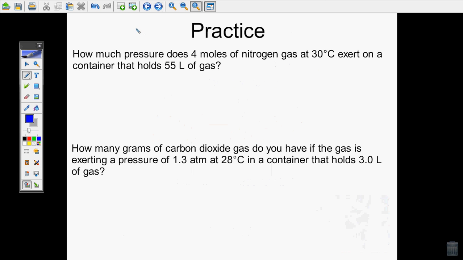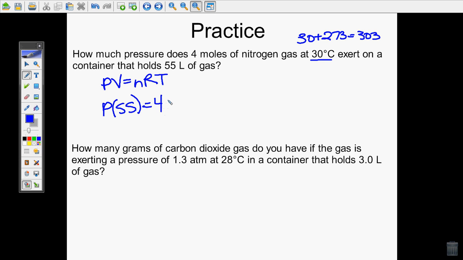So how much pressure does 4 moles of nitrogen gas at 30 degrees Celsius exert on a container at 55 liters of gas? We still have to convert our temperature to Kelvin, so 30 plus 273 is 303, right? Alright, I'm going to plug it into the ideal gas law. Pressure times 55 liters equals 4 moles times my gas constant, which is 0.0821, times my temperature, 303,